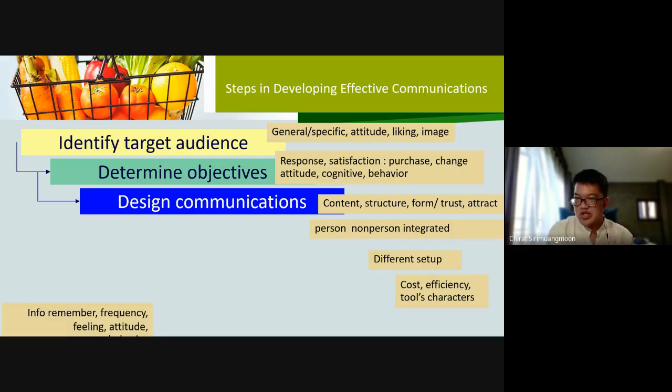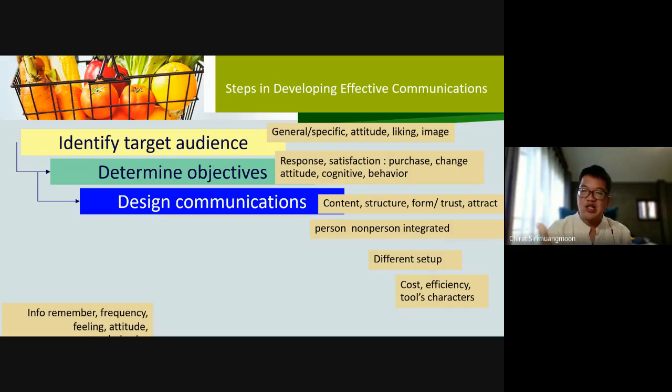And the third one is to design the communications. Please make sure that you are concerned about the content. The content or the information should not be too much, just enough for them to perceive and understand. That's clear. Sometimes structure is also important, structure in terms of style. Sometimes when you explain something, you keep the information in sequence, like steps 1, 2, 3, 4, 5. That's fine. But sometimes if it is a serious problem, you might need to have some cause and effect.